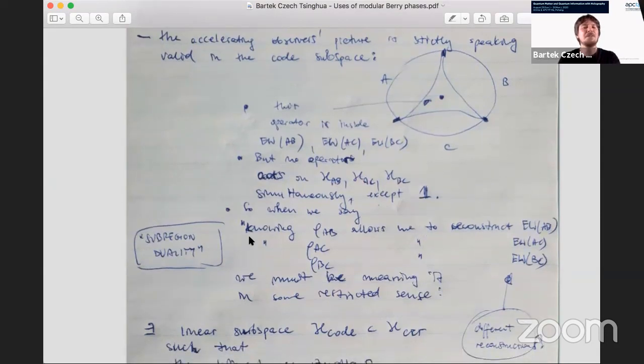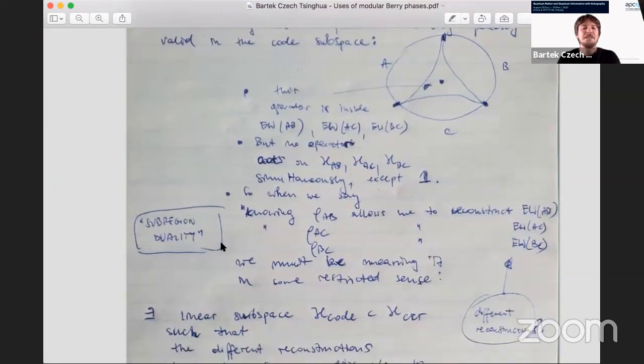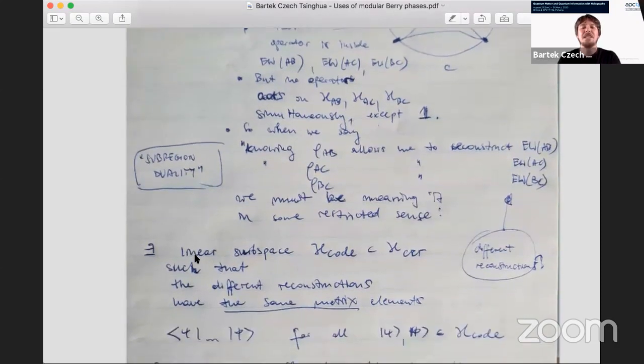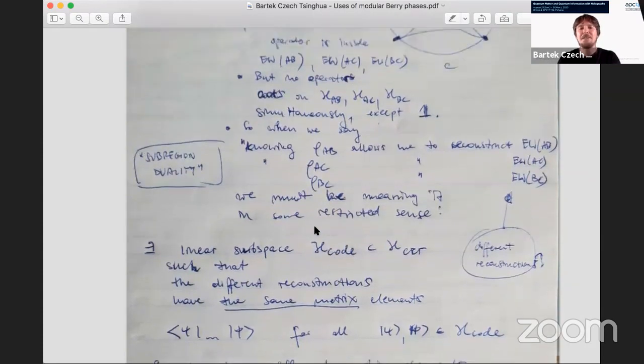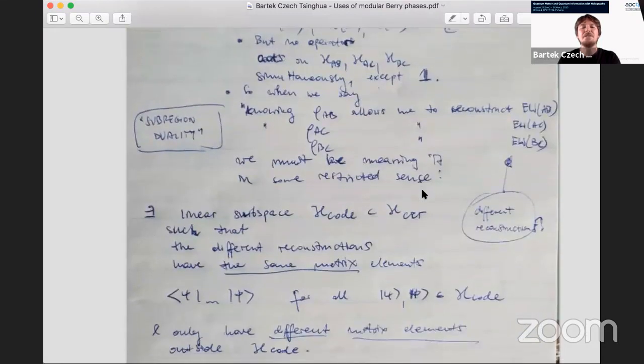So there must be something wrong with the statement that knowing rho allows me to reconstruct these entanglement wedges. So is subregion duality wrong? And the answer is we must be meaning it in some more subtle sense. The subtle sense is that there is a linear subspace of the full Hilbert space, which we call the code subspace. And the statement is that I can reconstruct an operator that lives here in 3 different ways,